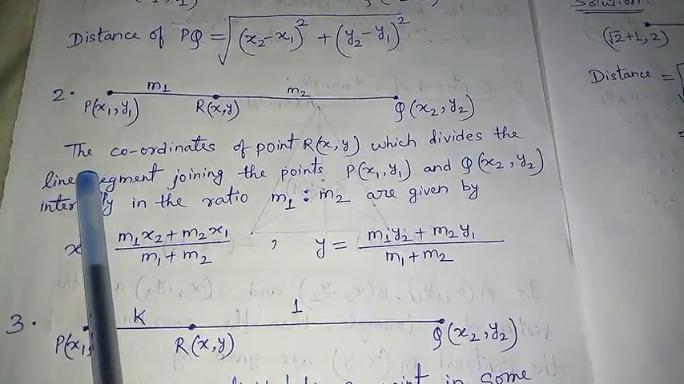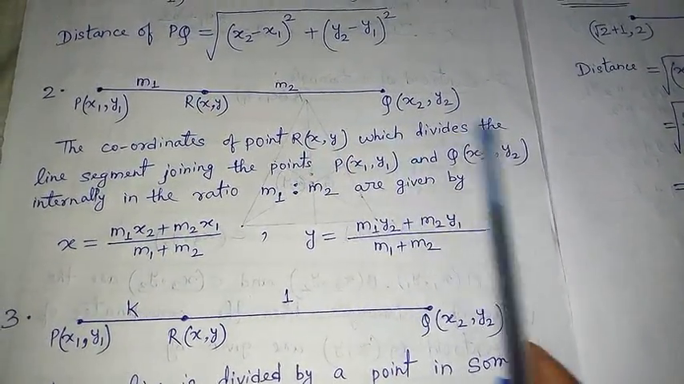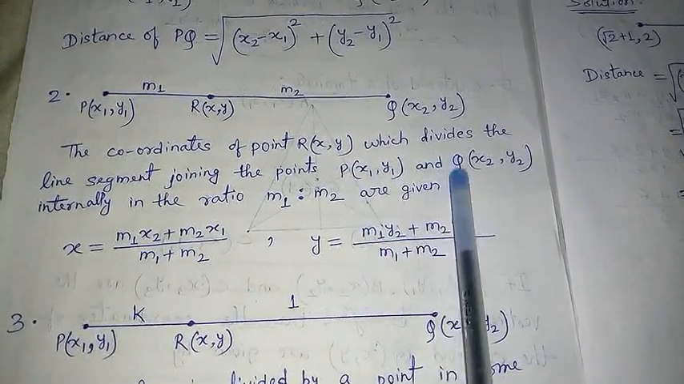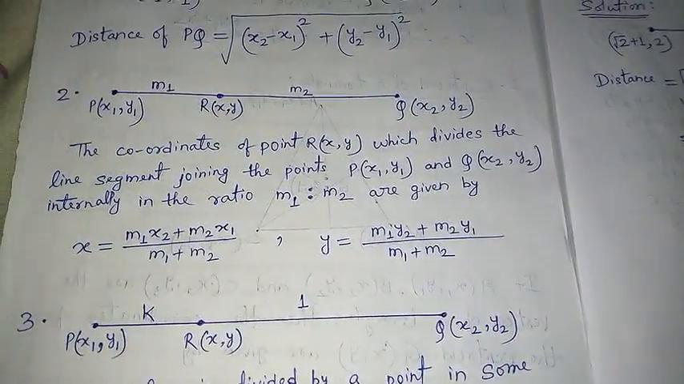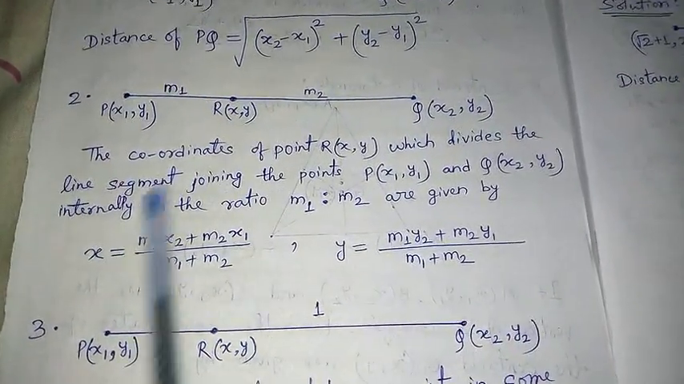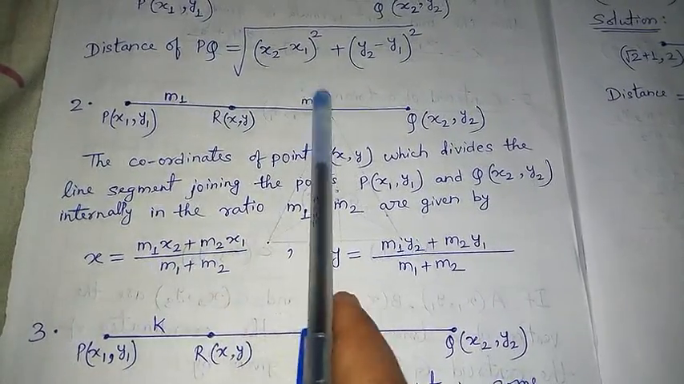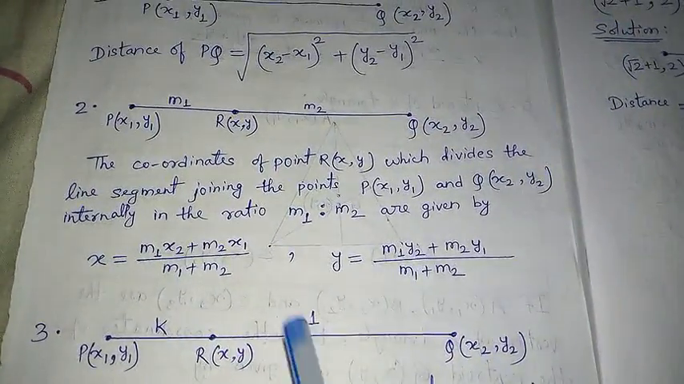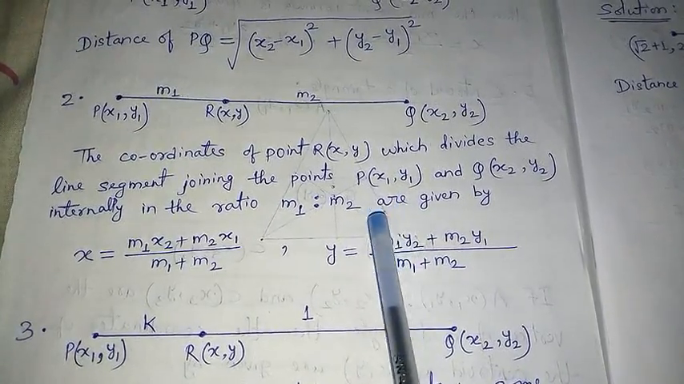Now the same thing I am going to explain. The coordinate of point R, let R be x comma y, which divides the line segment joining the point P x1 y1 and Q x2 y2. So this line PQ has been divided by point R, and internally means from inside it is dividing, in the ratio m1 is to m2. For example, I said 7, that means 2 is to 5, but we do not know whether it is 7 or not. In that case the ratio is m1 is to m2, and then the formula will be given by,